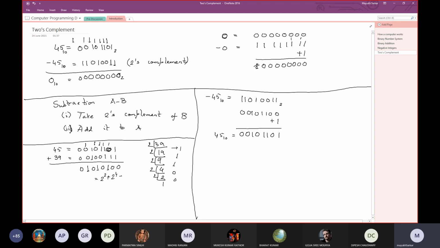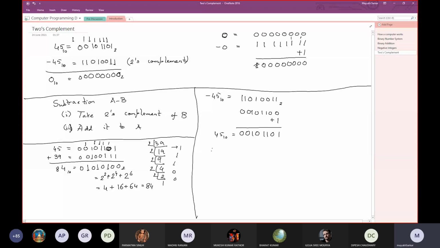so 2 squared plus 3, 4, so 2 to the power 4 plus 2 to the power 6, so 4 plus 16 plus 64, which in fact we are getting, I think, 84, and we are getting here 84 as well. So it matches. Now